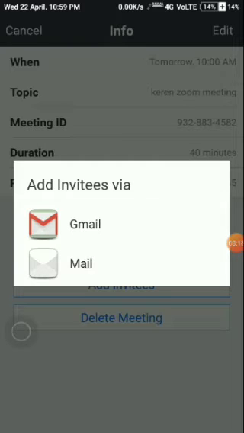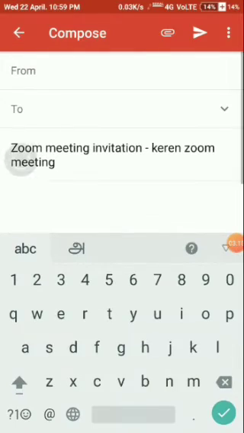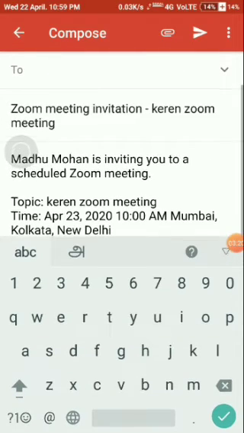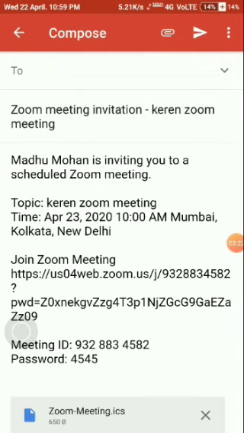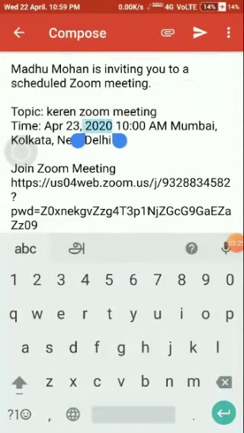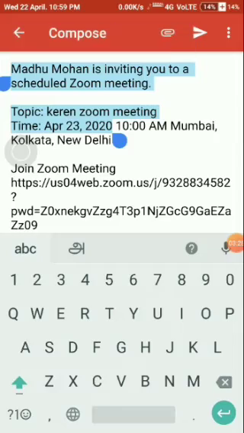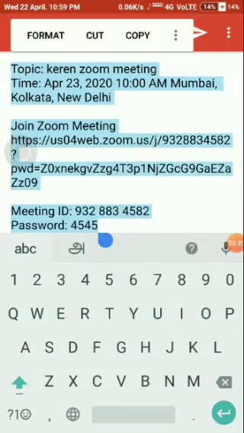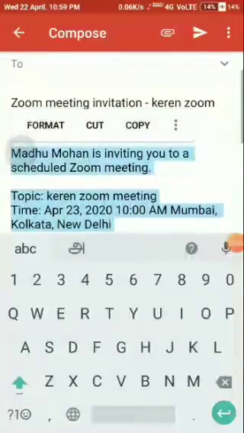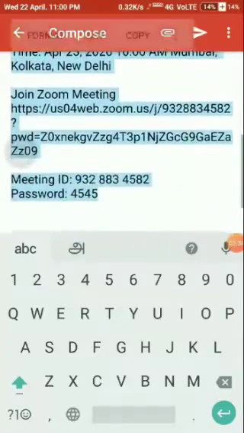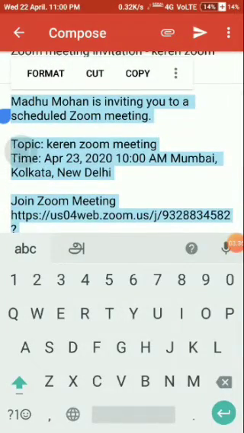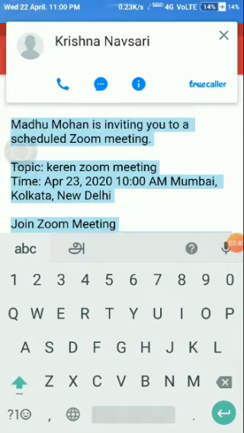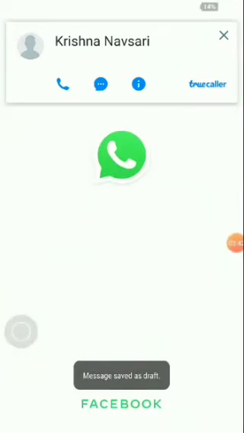We can do one thing, like by clicking Gmail, it will go to the Gmail app. In this place automatically a link will be created. In this place I have to select the content what is given here, then copy all the content. Now you can see what I have selected. Select like this and copy. Then do one thing, go to the WhatsApp,